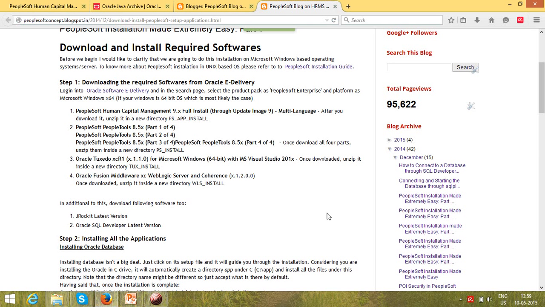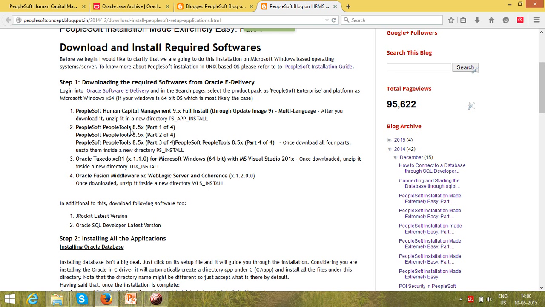Welcome back, guys. As you know, we are in the process of installing PeopleSoft, and in this quest we have so far downloaded most of the softwares, but there are a few which are yet to be downloaded. For example, we have downloaded all these above PeopleSoft specific softwares. Apart from this, we have already downloaded Oracle Database Server. We already have made the environment where we will be installing PeopleSoft. So all these things are done.